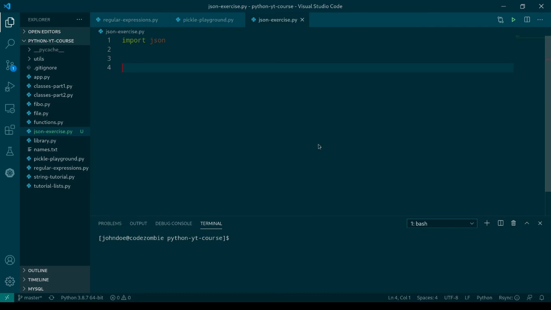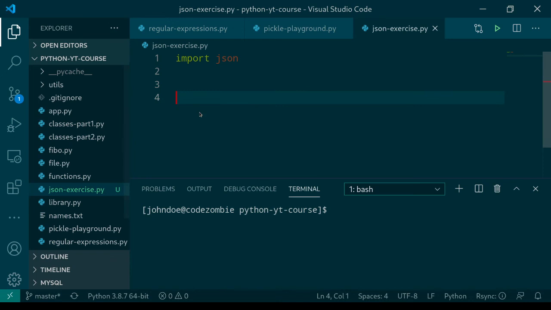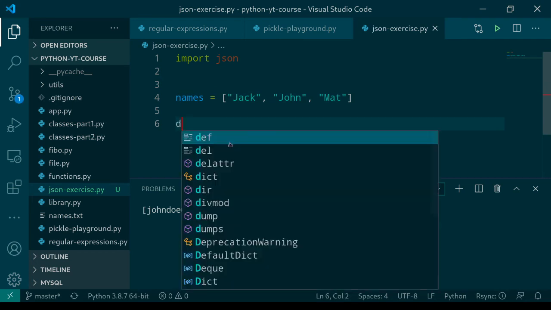and after that I'm going to create a couple of different data structures in Python. I'm going to increase the size of the font here so that you see it better. And then first, a list of names, for example, Jack, John, Matt. These are some names put into a list,